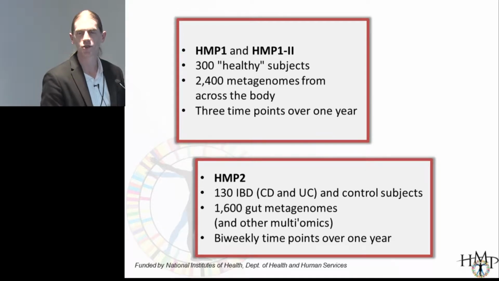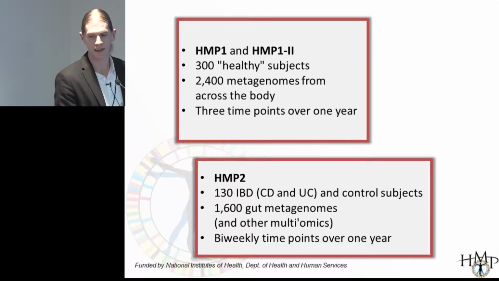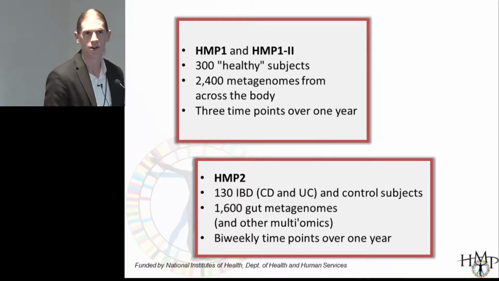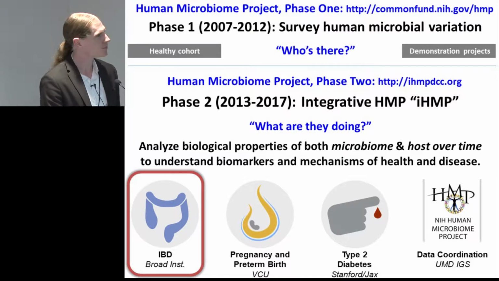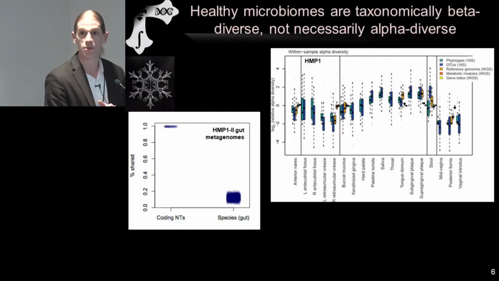So these will be the two main populations that I draw examples from when talking through a couple of points that I think both define what we do and don't know so far about a healthy gut microbiome and give examples of what some of the challenges are. The big one, of course, being that there are no particular bugs that are shared among even a relatively homogeneous